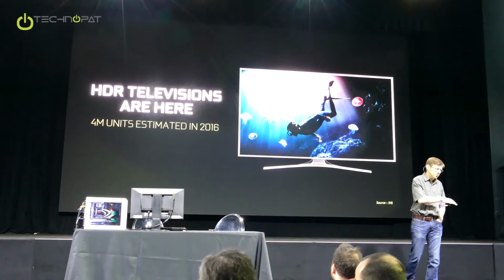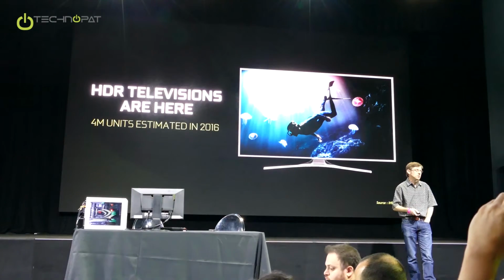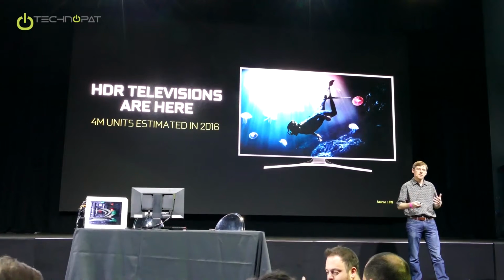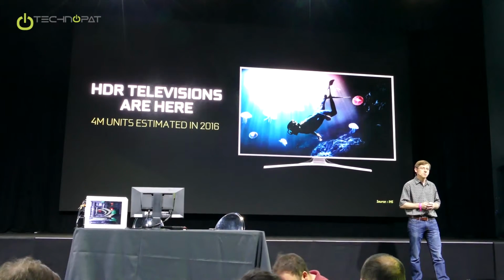So that's what we've done in the hardware. Now, and of course, you guys should check out the demo in the back here. The good news is that, particularly on the television side, this is not just a future thing. This is actually a now thing, right? So televisions are here. HDR televisions, we expect about 4 million units this year are going to ship with HDR